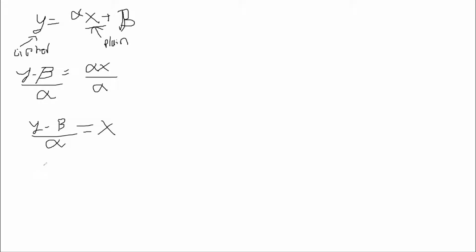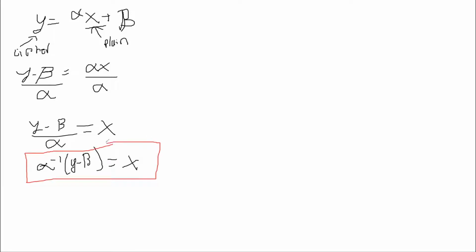And finally, you can write it as alpha to the -1 times (y minus beta) equals x. So this is your decryption algorithm solved for from your encryption algorithm. And like I said before, we can use different values of alpha and beta until we find our plain text